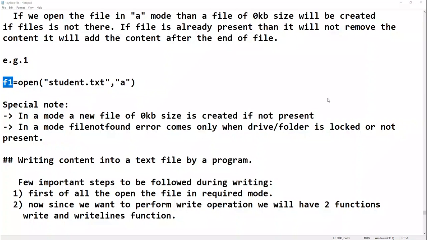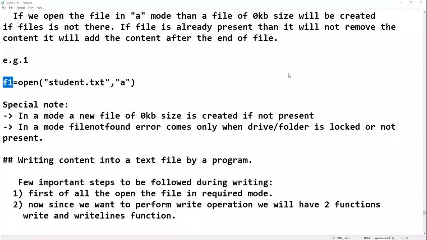Fine. So what is happening? By the open function, this file will be opened in memory, and its address, its location, will be stored in F1. So suppose this is F1. It will be linked to this file.